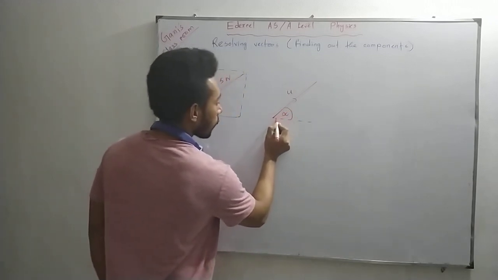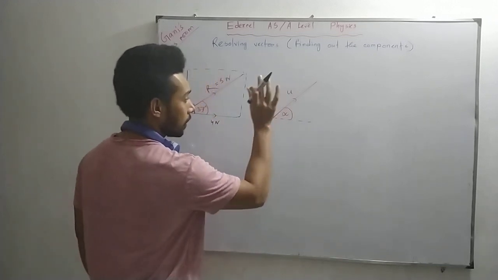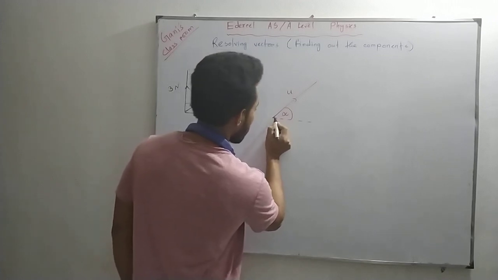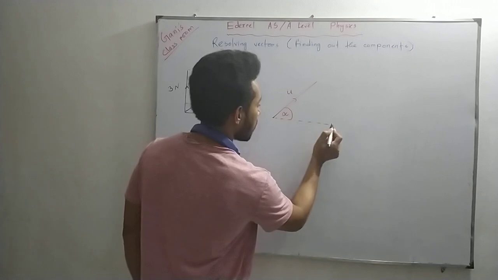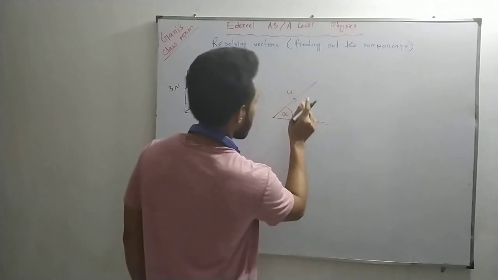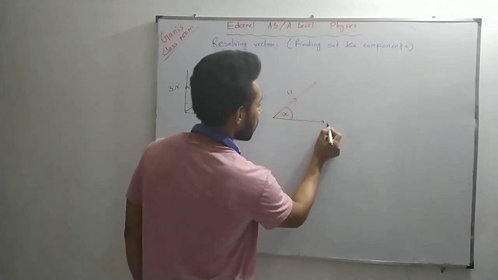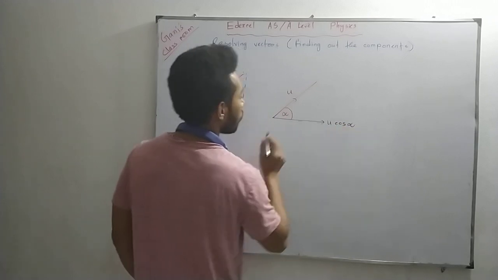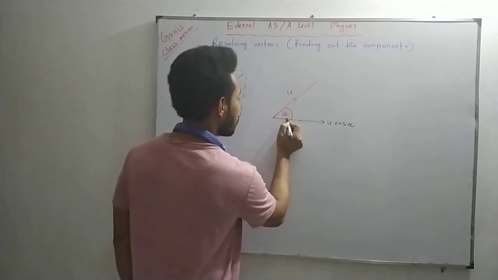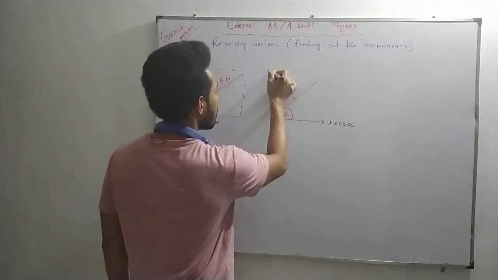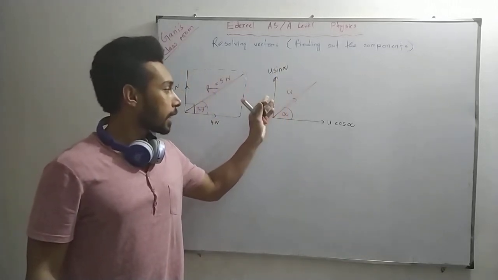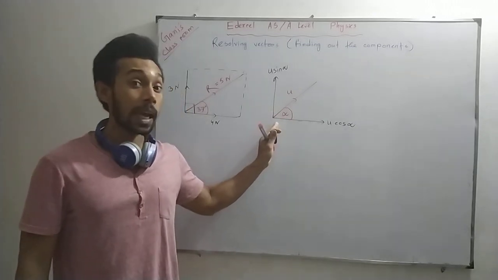Then the two components of this vector, which are perpendicular to each other: if this is a horizontal line, we can consider this as the horizontal component, and in this direction the component of u will be u cos alpha, and the other component, perpendicular to this component, will be u sin alpha. These two components are perpendicular to each other and also